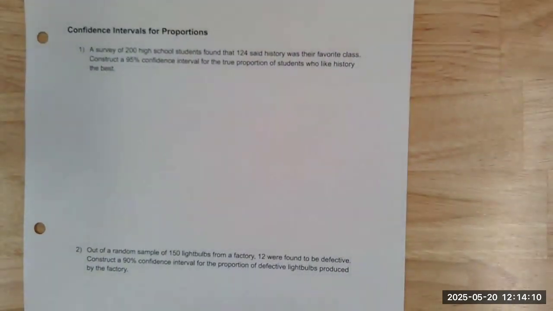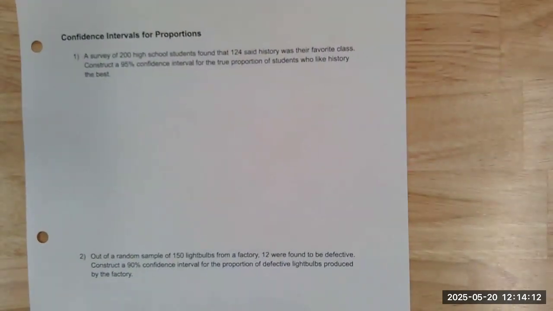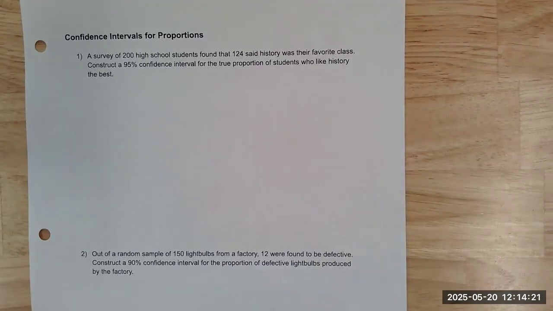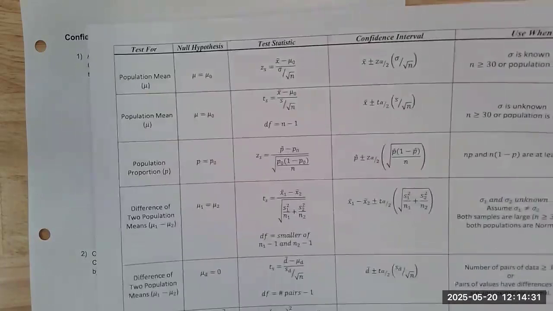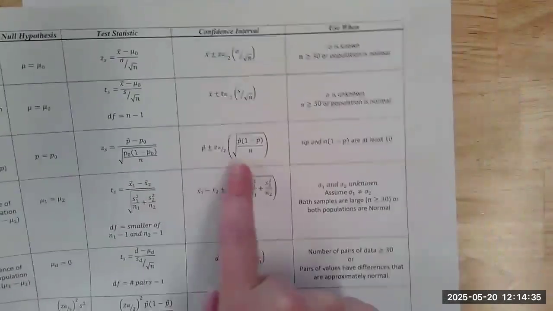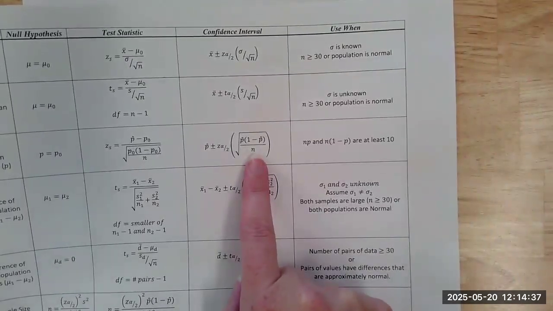Confidence intervals for proportions are always going to use the z distribution. So that's the good news. We already know if it's one of the proportion problems that we're going to use the z distribution. In terms of her formula sheet,